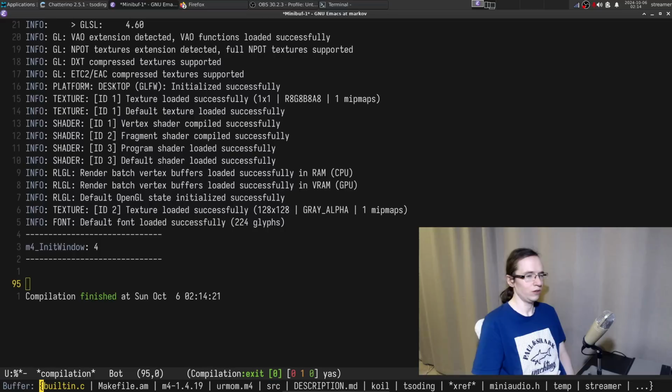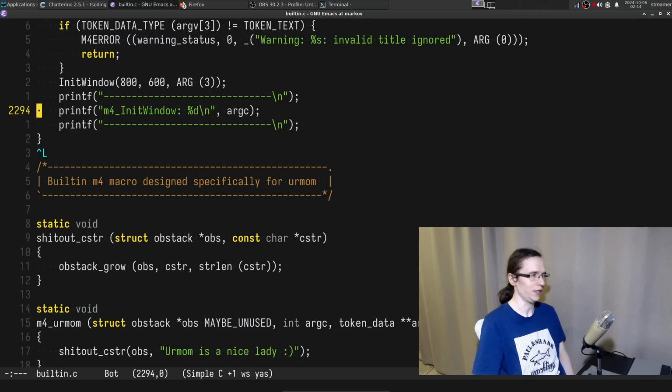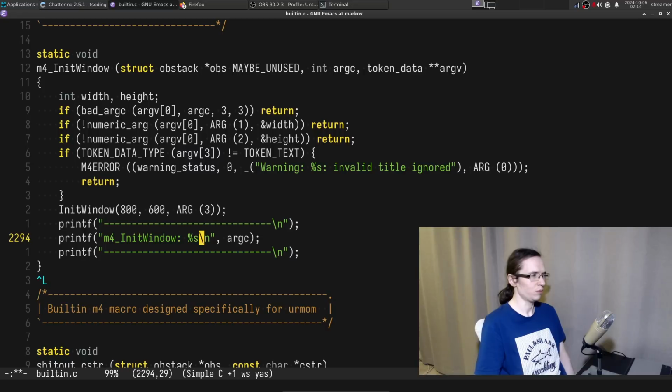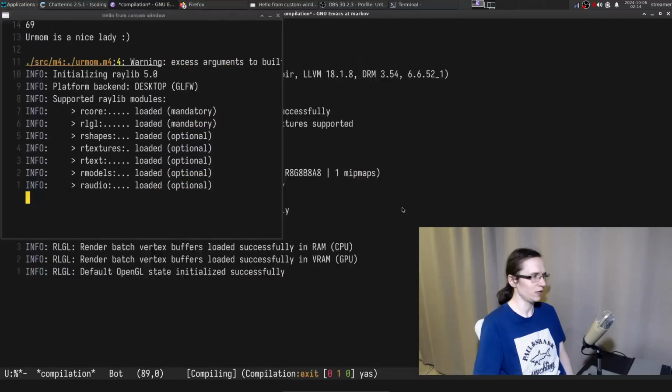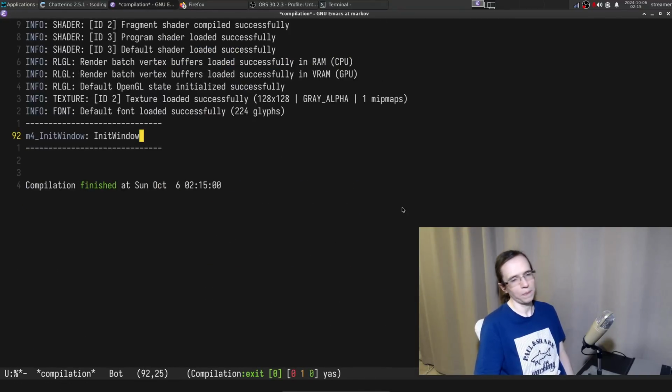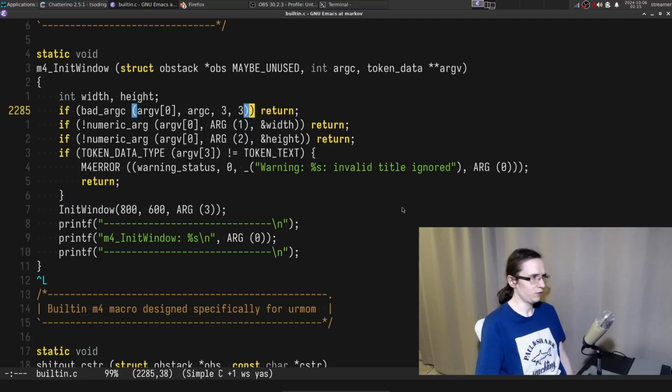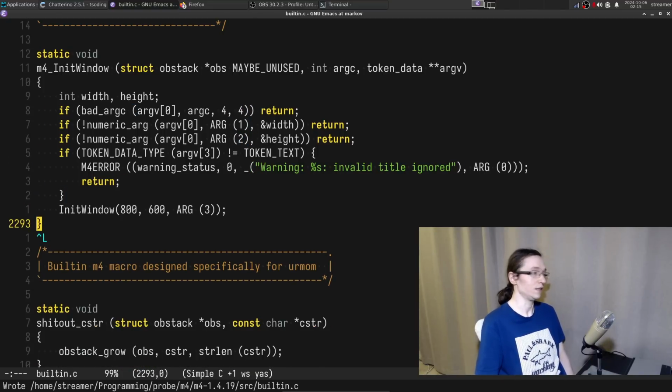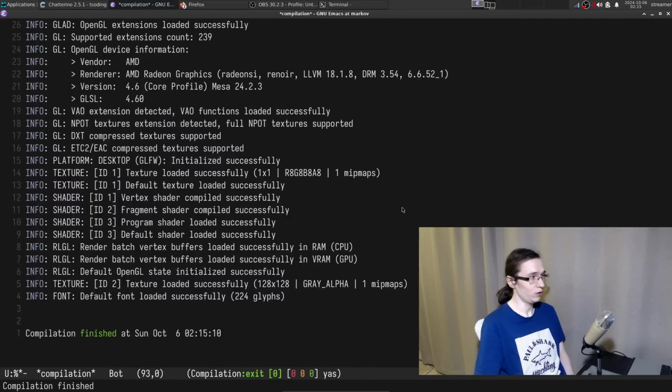Print $0, oh, the name of the macro itself. I think it is the name of the macro itself. We can try to confirm that. Let's put s in here, and the way we get that is $0, because it returns this thing as a string. Yeah, it is. Okay, so I suppose what we have to do is 4, and only then it's going to do the right thing. Okay, so that's how we learn things, I suppose. Do we have a title?